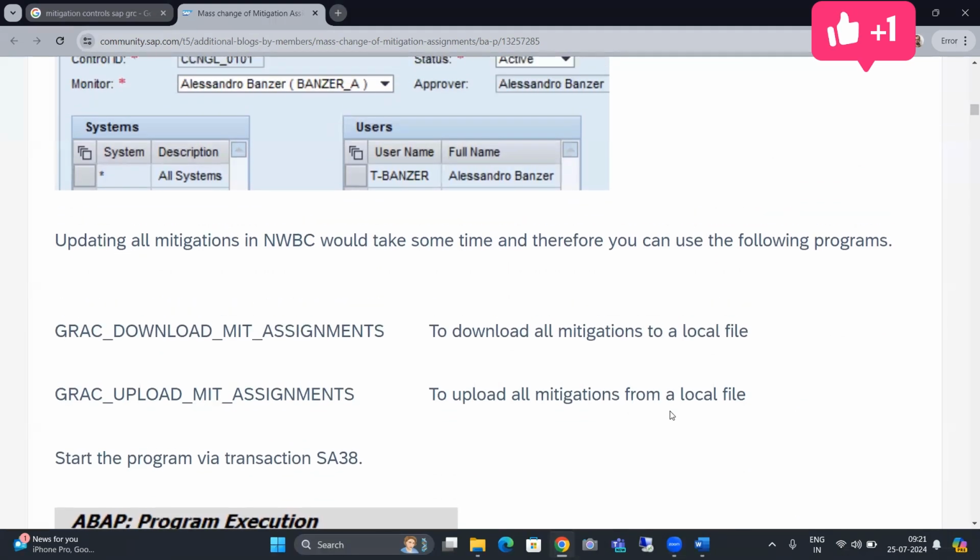Now here suppose we have to work on all the mitigation controls, sorry, all the control IDs in the system. So we can use these two T codes: GRC download MIT assignments and GRC upload MIT assignments. जैसे मैंने आपको बताया था रूल सेट्स कैसे हम लोग अपडेट करते हैं, SPRO से, वही चीज यहाँ भी होती है। तो सारी मिटिगेशन असाइनमेंट डाउनलोड हो जाएंगे, और फिर हम लोग उसको मास एडिट करके एक्सेल शीट में वापस अपलोड कर सकते हैं using this GRC upload